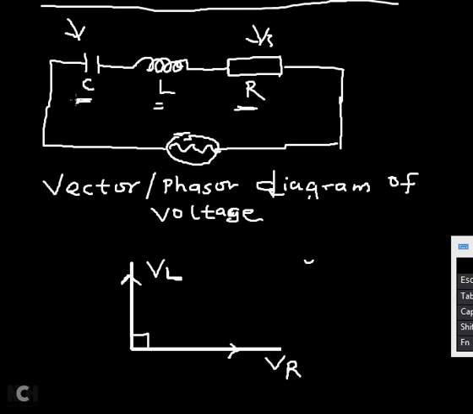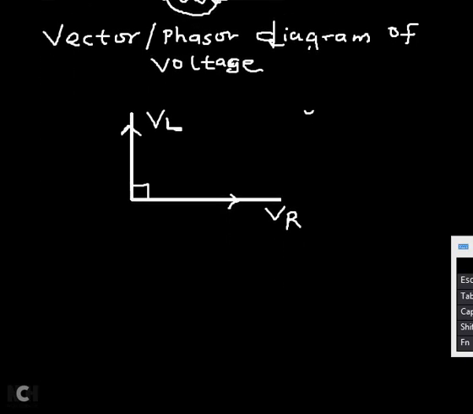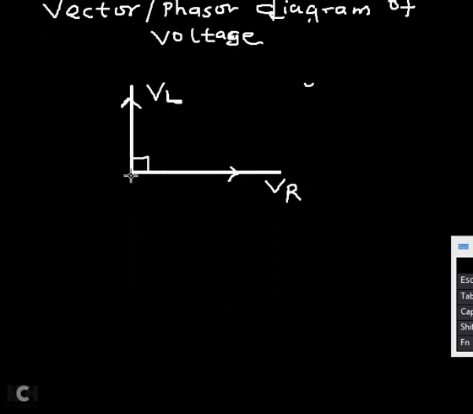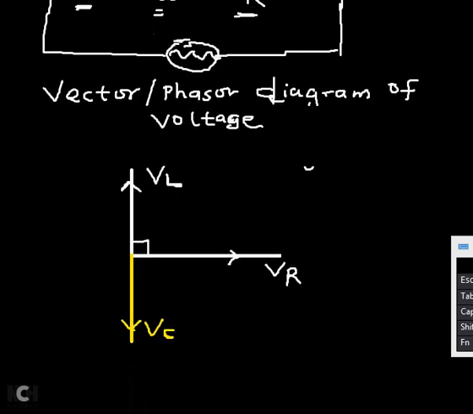But for a capacitor, the voltage lags the current by 90 degrees, so that will be coming down, negative, moving in the negative downward direction. So let me use a different color. This one is VC, the voltage across the capacitor. Okay, so this is how the